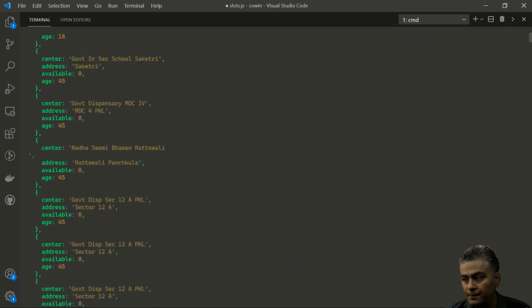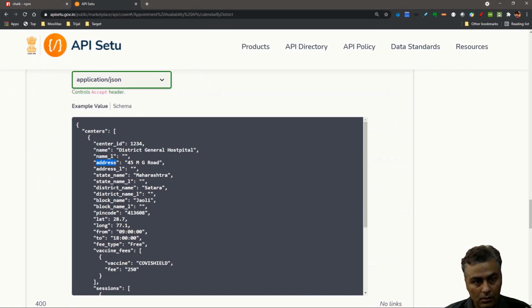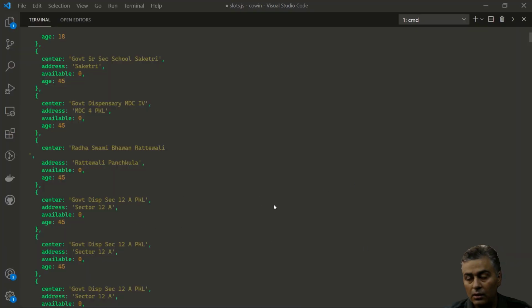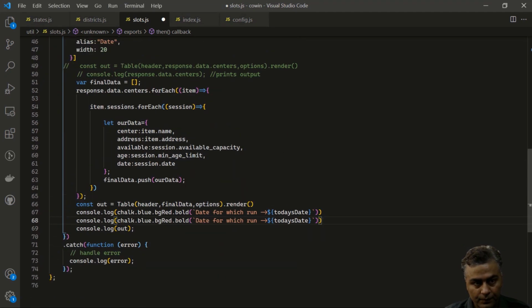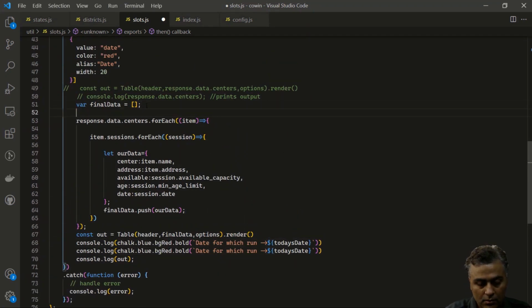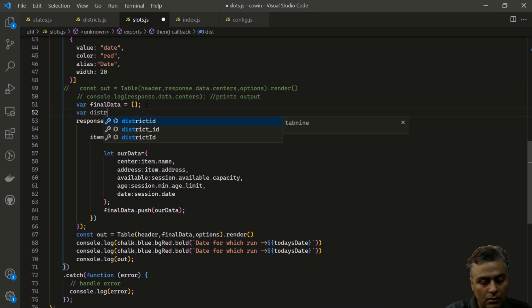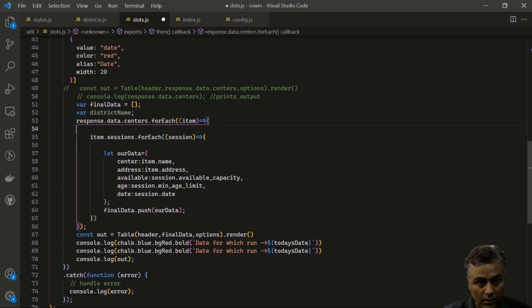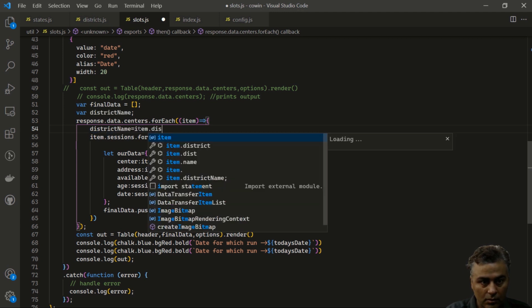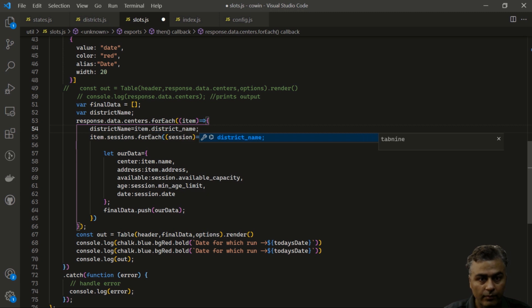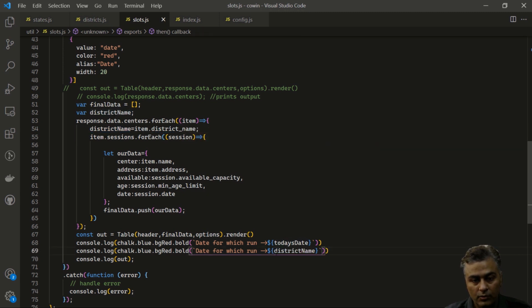So let me find it quickly here, district underscore name. Okay, and it is available at header. So let's have district name as blank, and district name is stored in item.district_name. So I will have district name also, district,